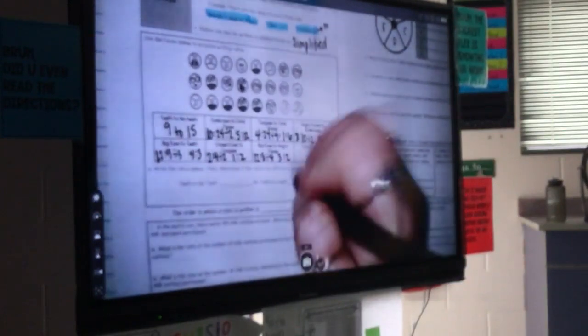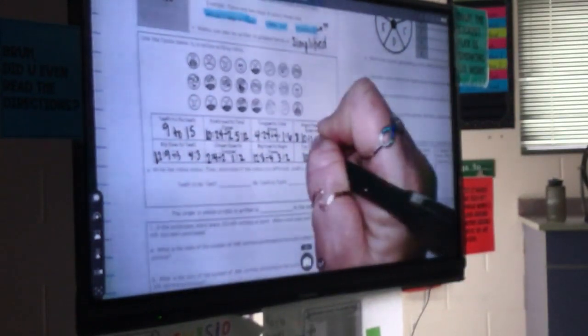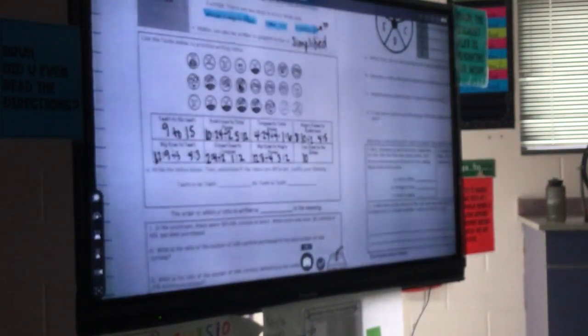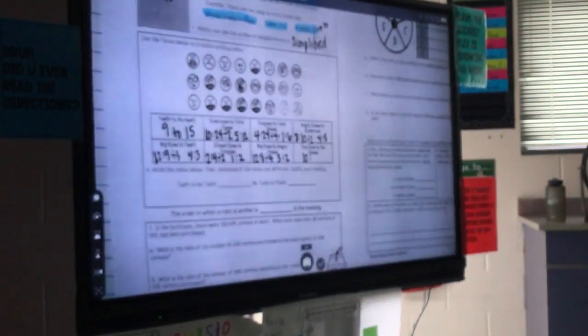Travis, 10 to 15. No, divided by 2. Not 10 to 15. It's 10 to... Easton, 20. Nope. Not 20. Peyton, 19. All right, the biggest thing that you guys need to understand with ratios, and this is why we